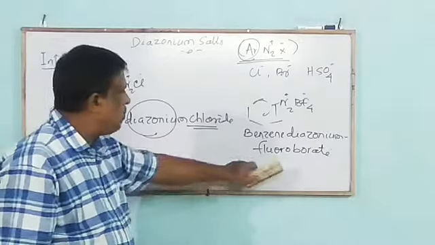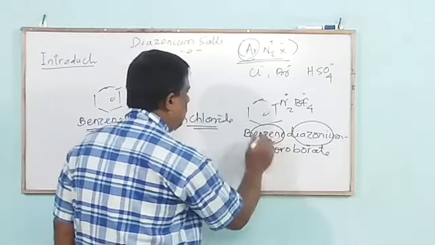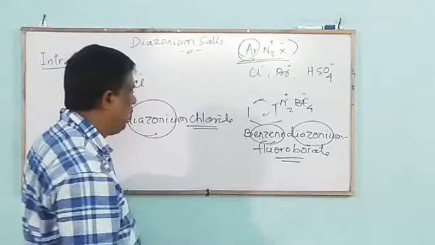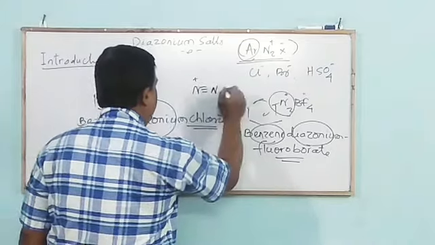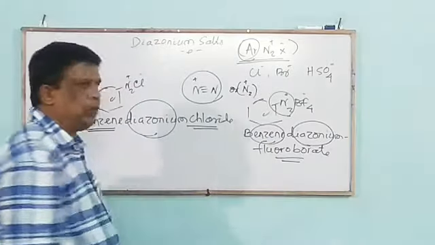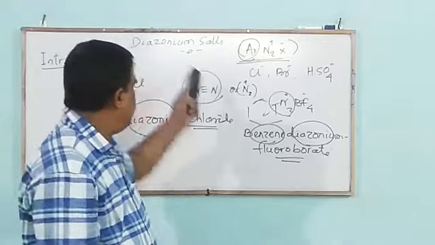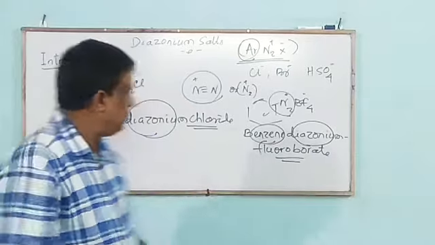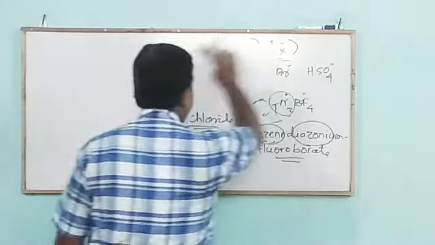These are some examples of the diazonium salt. And how is it named? By adding the suffix diazonium to the parent aromatic hydrocarbon from which it is derived, followed by the anion. Here, this N2+ is known as diazonium. It is a little idea, an introduction about the arene diazonium salt. Next, we switch over to method of preparation. Next, we discuss method of preparation of diazonium salt.